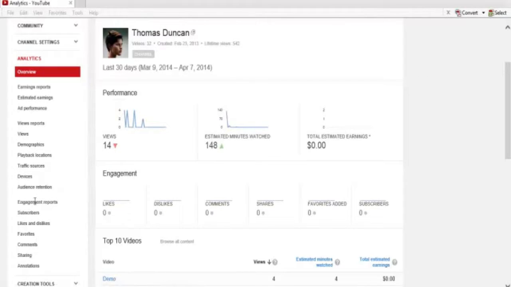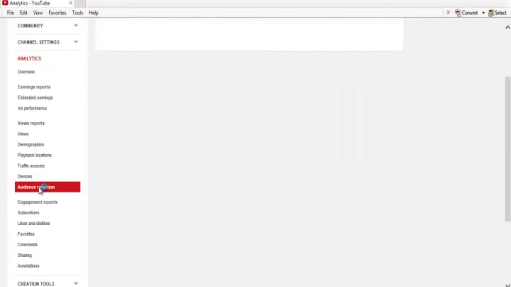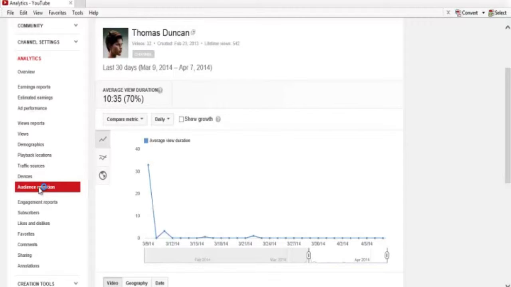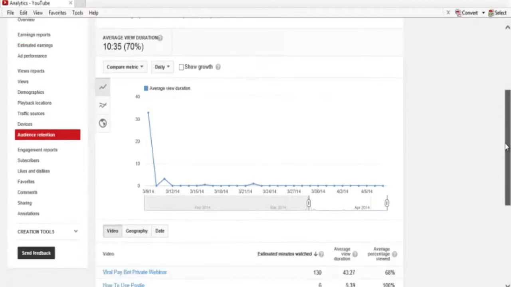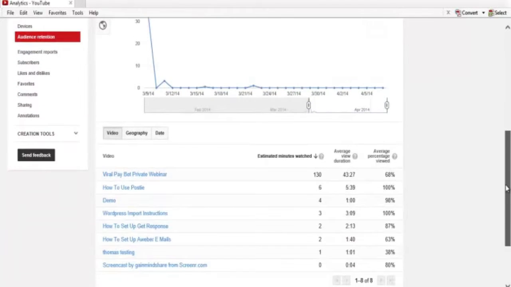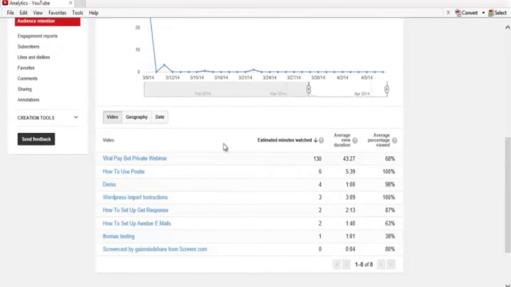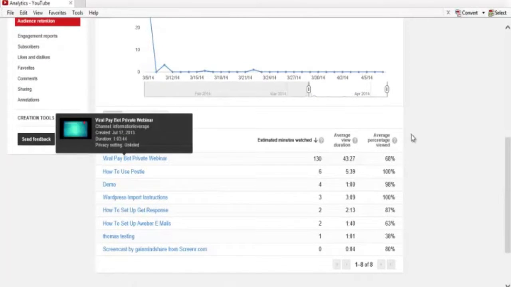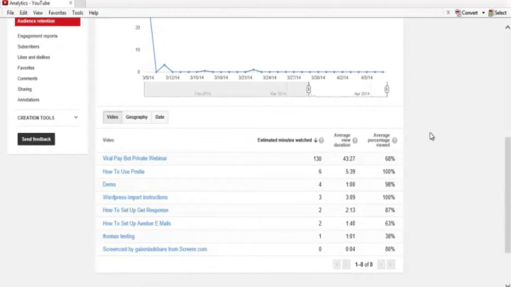So one thing that you're going to be looking at here is audience retention. Obviously in some cases you're going to be doing videos where you may or may not necessarily be concerned about the content. You just want to get the click, but Google will give you more traffic to your video if people are watching your videos and staying all the way through, and you can tell that with audience retention. And you can look at each one of your videos and determine if people are actually watching the entire video, right?